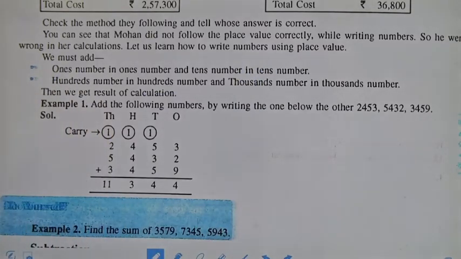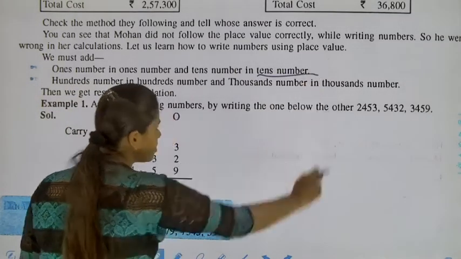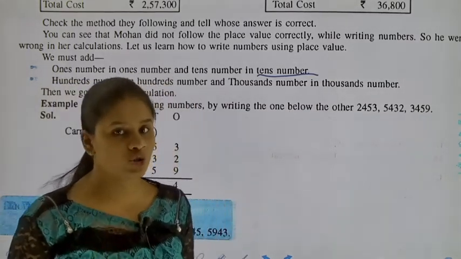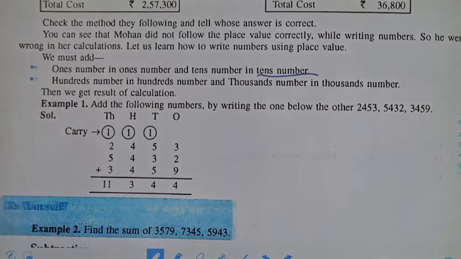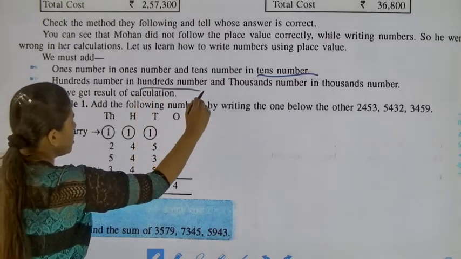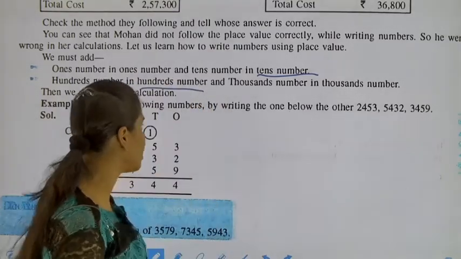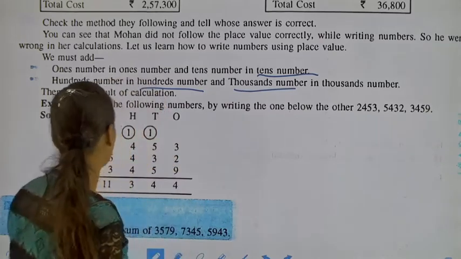Ones number in ones place and tens number in tens place. जो वंस नंबर होंगे वो वंस प्लेस पे होंगे और जो टेंस नंबर होंगे वो टेंस प्लेस पे होंगे. 100 नंबर्स इन 100 नंबर्स, जो 100 नंबर होंगे वो 100 नंबर की प्लेस वैल्यू पे होंगे एंड 1000 नंबर इन थाउजेंड्स प्लेस वैल्यू. You can see